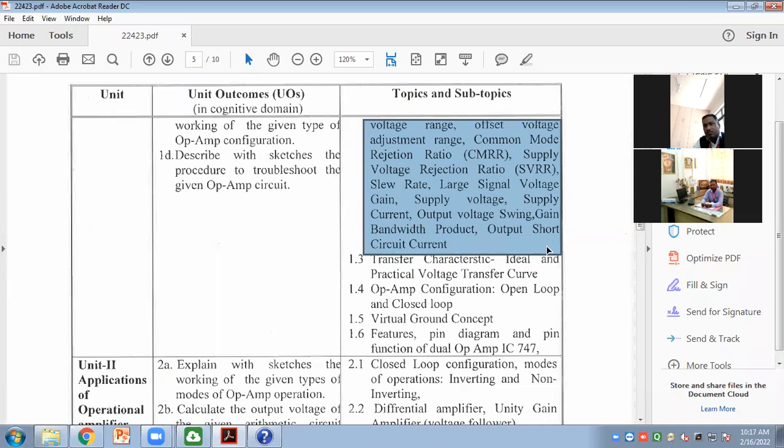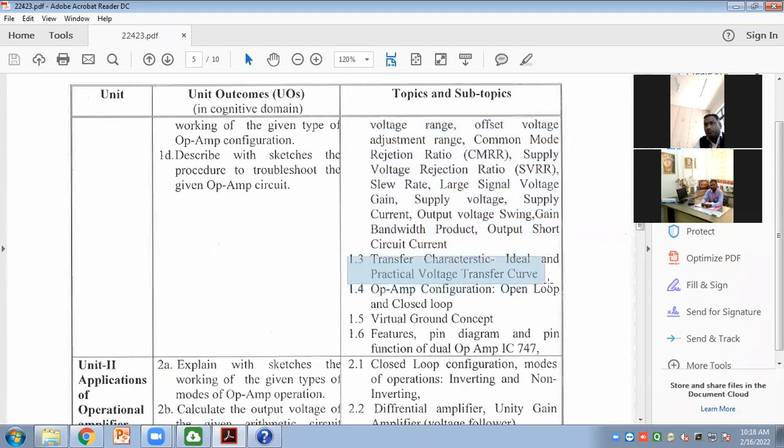So under this first chapter, we are going to study the definitions of the particular parameters. So you must know what is the use of those parameters, or under this parameter what we are going to study. So that you must know. So you are going to prepare the definitions or required parameters of the given things. So under 1.2 we are going to study this much part.